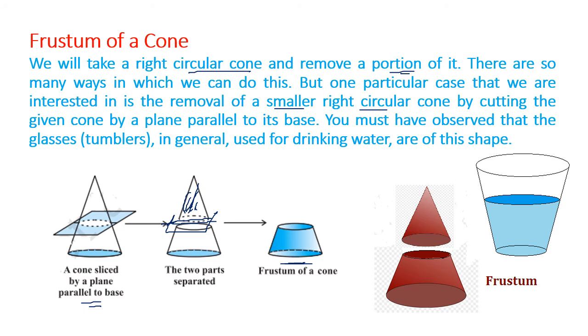So how you have to cut it? You have to cut the cone parallel to the base. This is the base. Cut the cone parallel to the base, remove the top cone, and what remains is the frustum of a cone. Frustum is a Latin word meaning piece cut off. So you can see here, this is a glass filled with water. If I extend it, then this is a huge conical shape, right? But when I cut this cone off, what remains here is the frustum. So frustum is also a very, very important shape. So when you cut up the cone, the remaining part is the frustum.